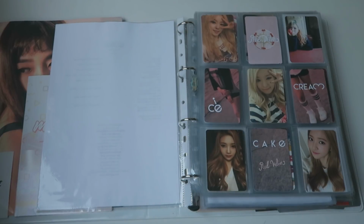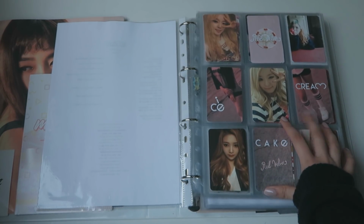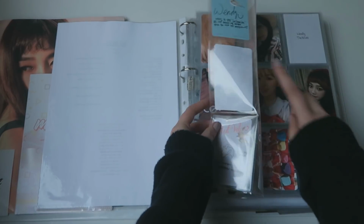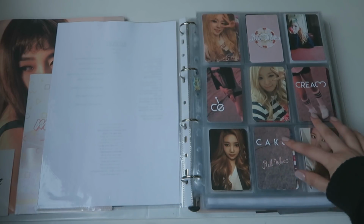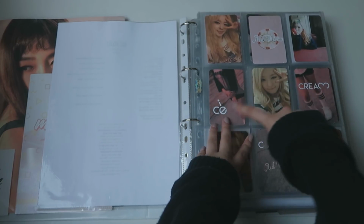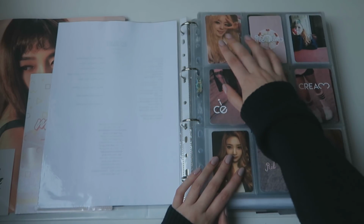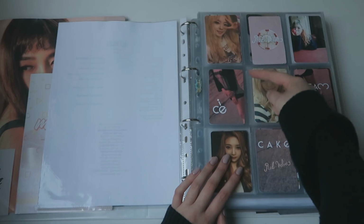So I actually did this a while ago, but I didn't actually put them in my binder. I only did it for Ice Cream Cake, but I'm not too sure if I want to keep it because the backs are plain, and I want to experiment with what I want to do with the little filler things. And this is what I came up with just now. I placed a background and then put Ice Cream Cake on, I did an outline of a photocard basically, so I did 9, and then I put the picture underneath, like the little